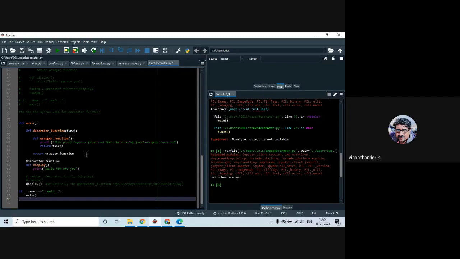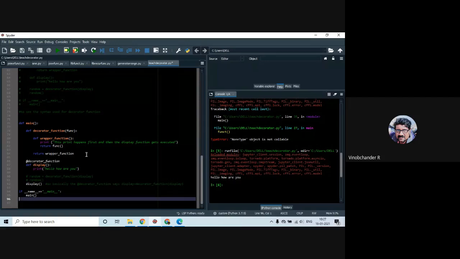So line number 86, at decorator function, is your parent function that takes in display as the parameter to the parent function.